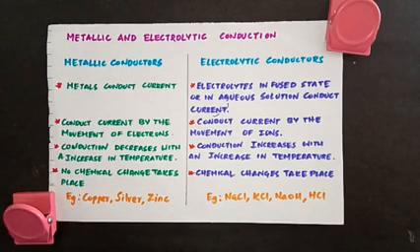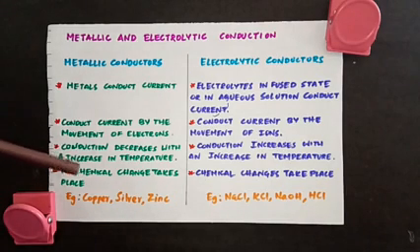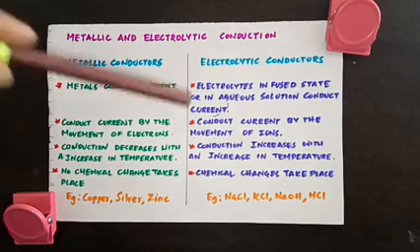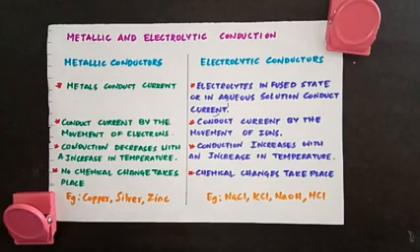In the case of metallic conductors, the conduction of current by the conductor decreases with an increase in temperature. Because as the temperature increases, the electron starts vibrating. So that vibration of electrons disturbs the continuous flow of the electrons, and which in turn disturbs the conduction of current. So as the temperature increases, conduction by metallic conductors decreases. But in the case of electrolytic conductors, conduction increases with an increase in temperature, because as the temperature increases, the movement of the ions increases, so the conduction of current also increases.